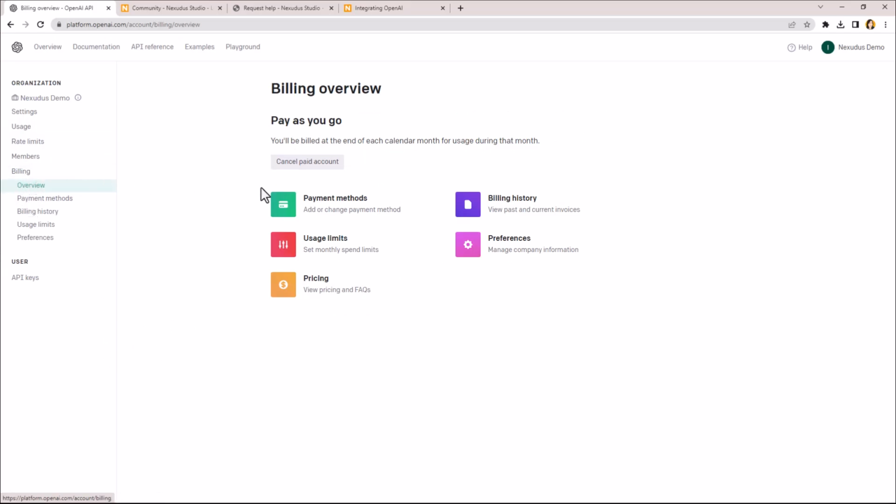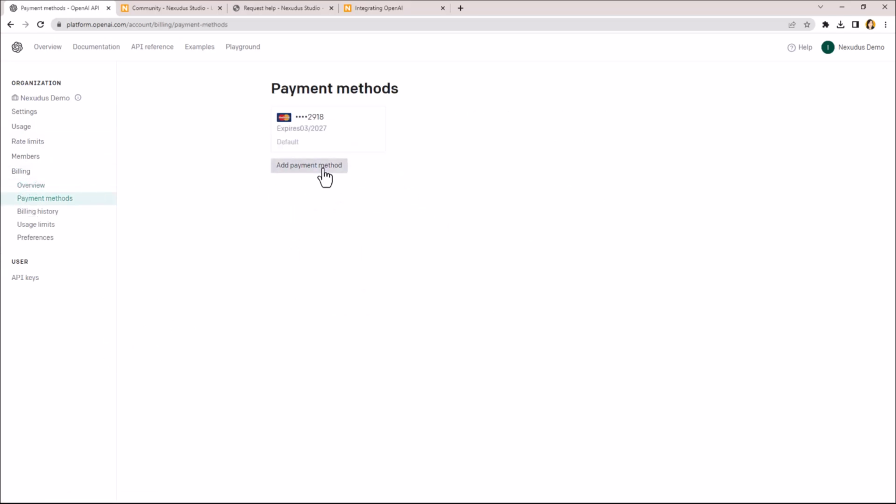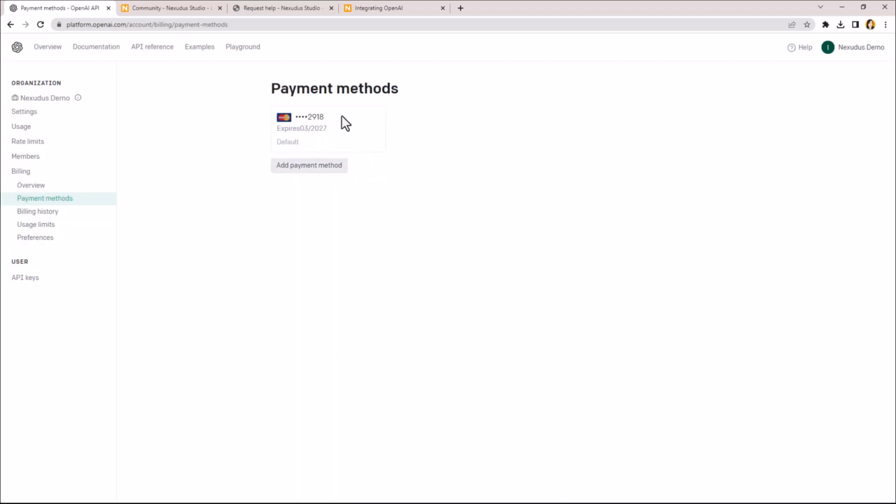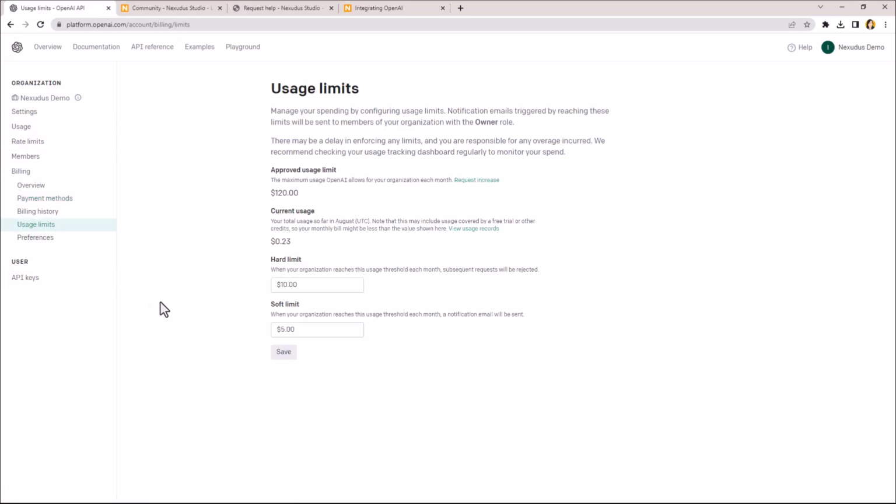You can do that by going to Billing, Payment Method, and then click on Add Payment Method, adding your card details and submitting them. For demonstration purposes, we've already completed that within our account. And as mentioned previously, you can set up a limit for usage. Because OpenAI charges you based on how much you use the tool, you can set a hard limit